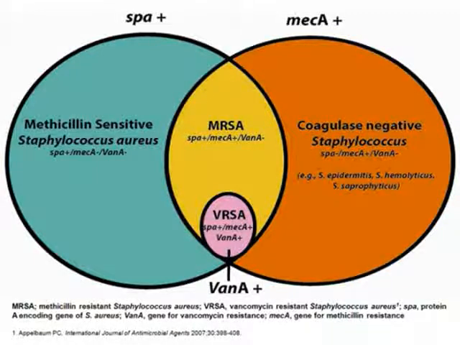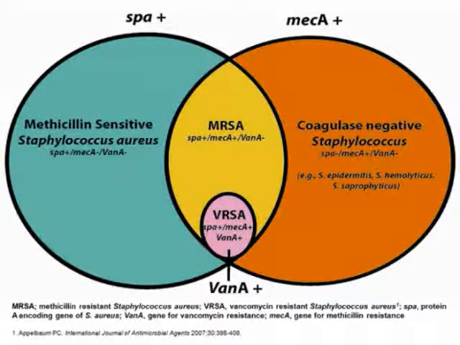Less is known about vancomycin resistance than methicillin resistance, so current nucleic acid recognition assays detecting the Van-A gene are non-existent. So let's take, for example, an assay designed to detect the SPA and MEC-A genes. This nucleic acid recognition test could report an SPA positive, MEC-A negative result, which corresponds to methicillin-sensitive Staph aureus, shown in the green. Or the assay could report an SPA positive, MEC-A positive result, which would correspond to MRSA,